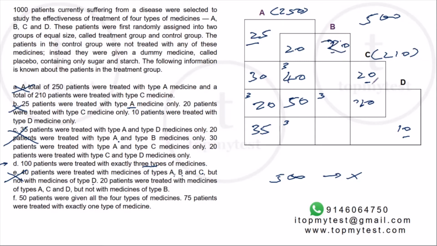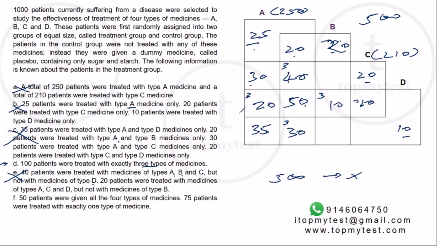Okay, that's nice. Now we can add up the total. This total should add up to 250. That is inside A. So let's calculate how much this will be. This is 35 plus 25 is 60, 80, 120, 150, 200, 220. So this part will be 30. Now we know exactly 3 is 100, right? Out of which we know 40, 20 and 30, that's 90. So this will be 10.